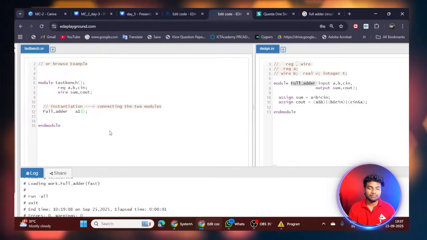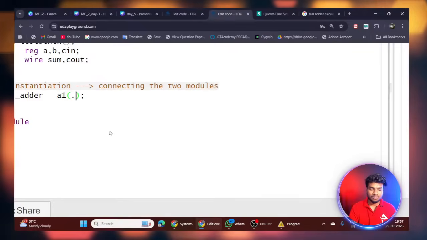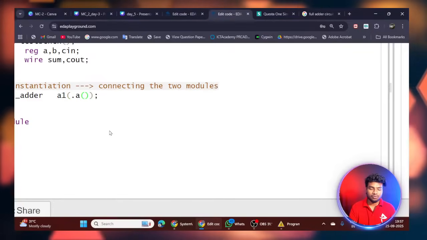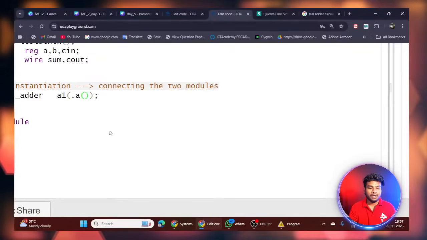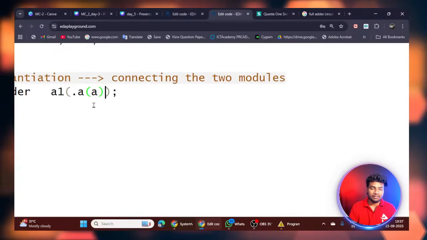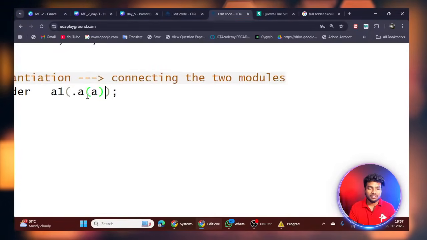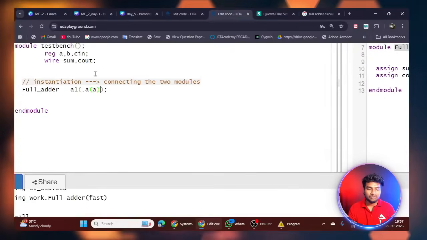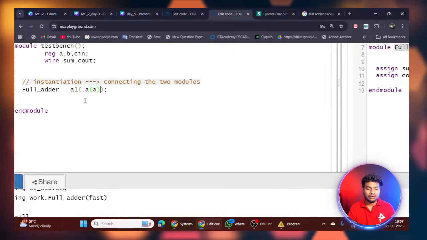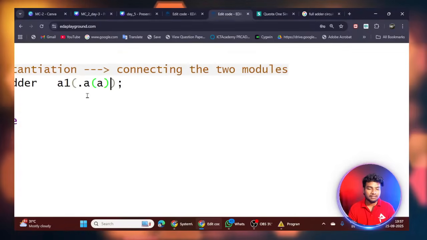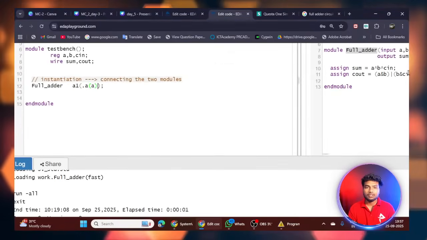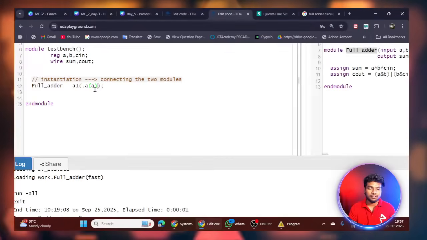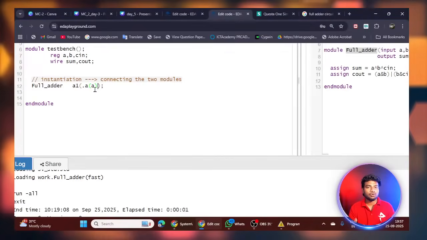So I write dot A, and then open and close brackets. Inside the bracket we give A. This A belongs to my current module, and the other A belongs to my design code. I am just connecting my design code and test bench signals.